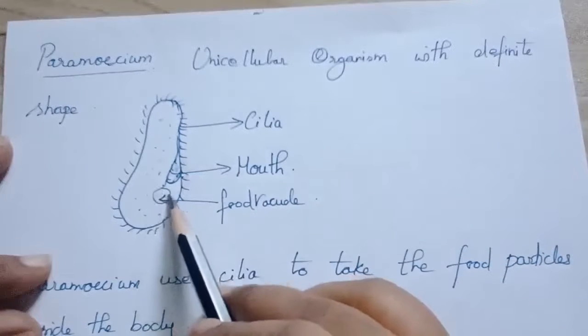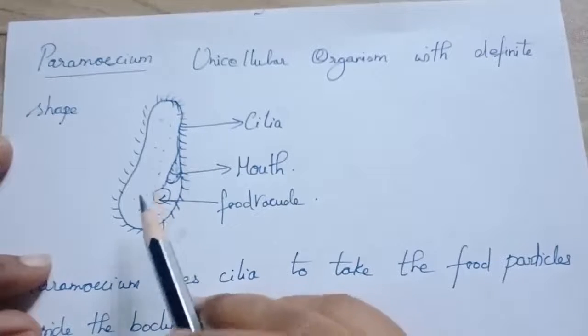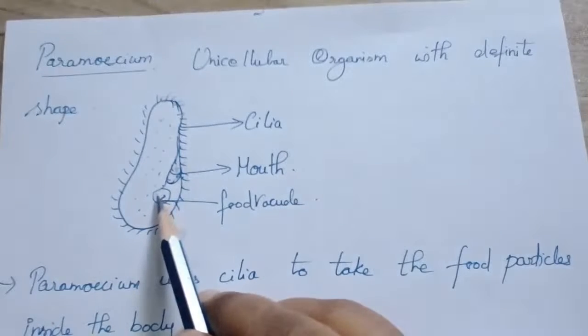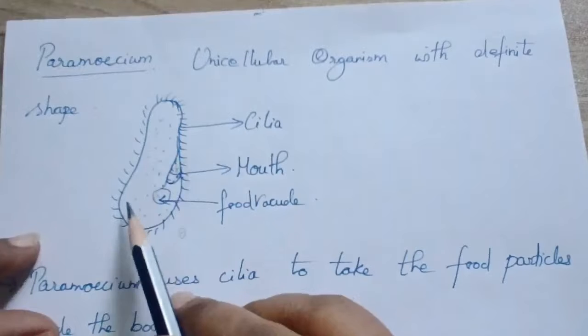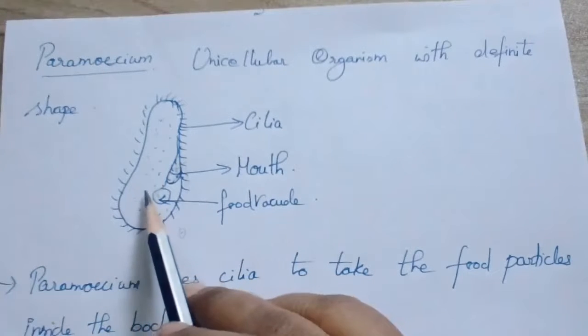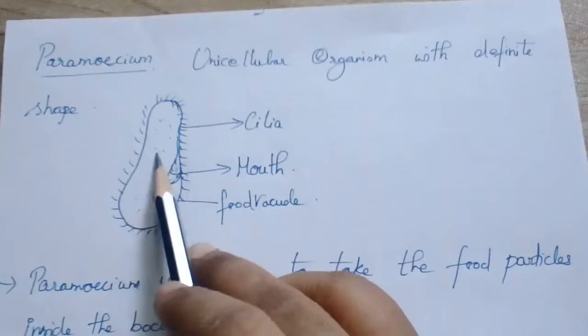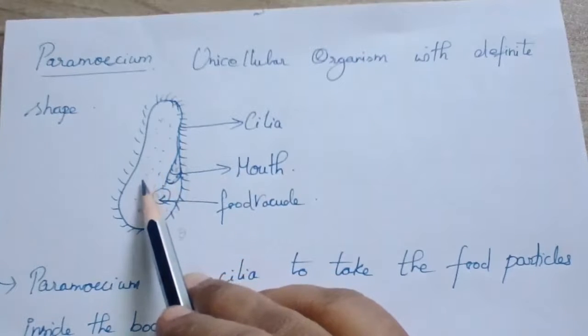Using the digestive enzymes, the food particles are digested, that is, complex materials are broken down into simpler particles. Then they are diffused into the cytoplasm, and once absorbed, they are used by the cell for growth or maintenance or